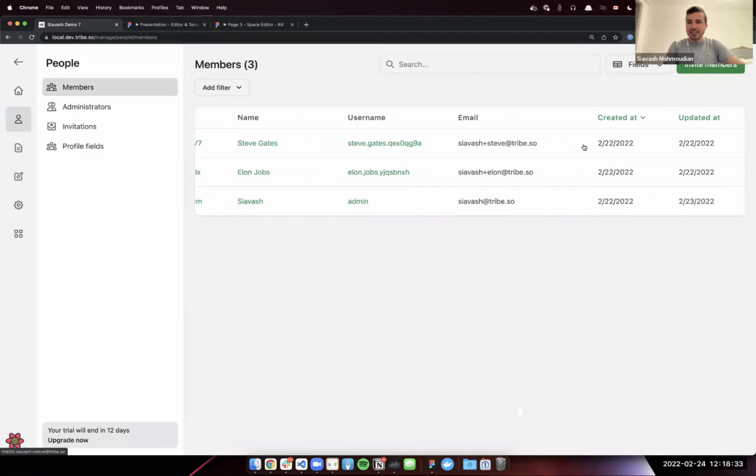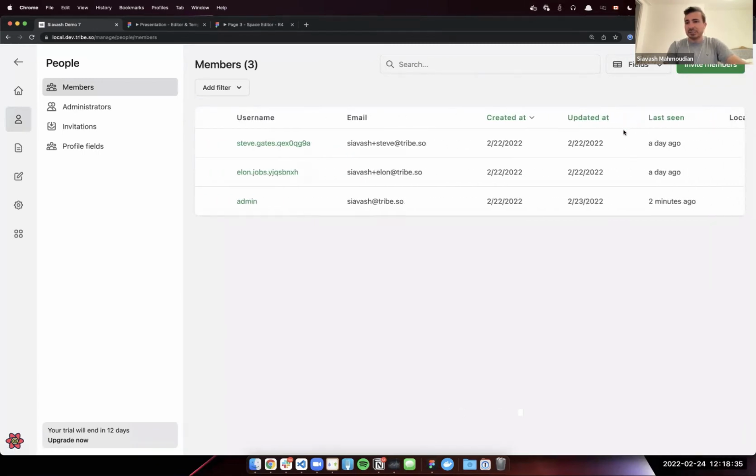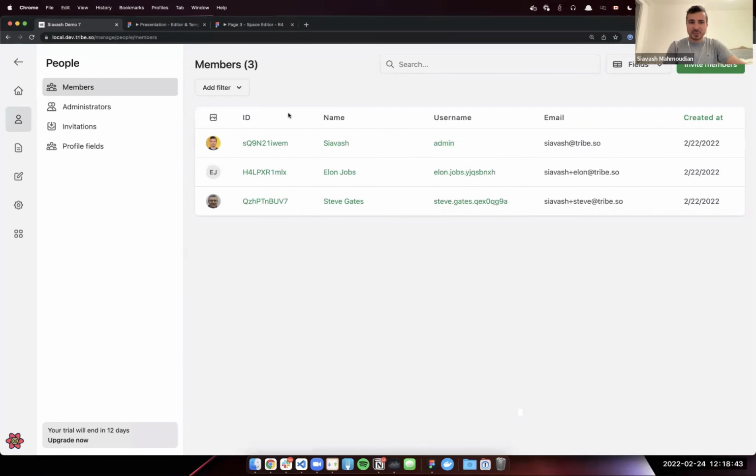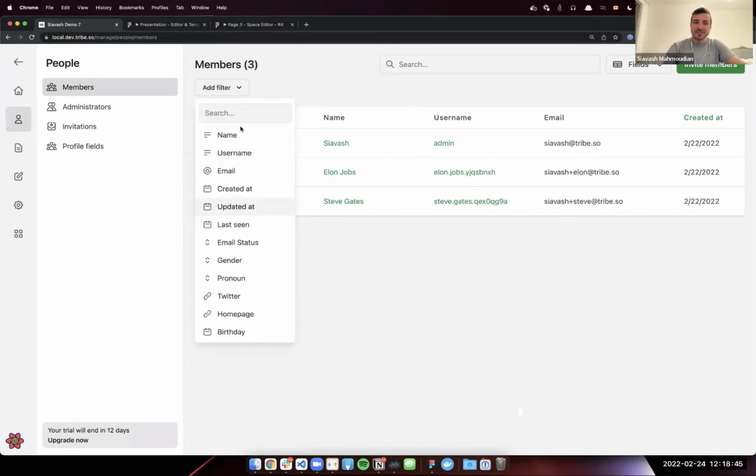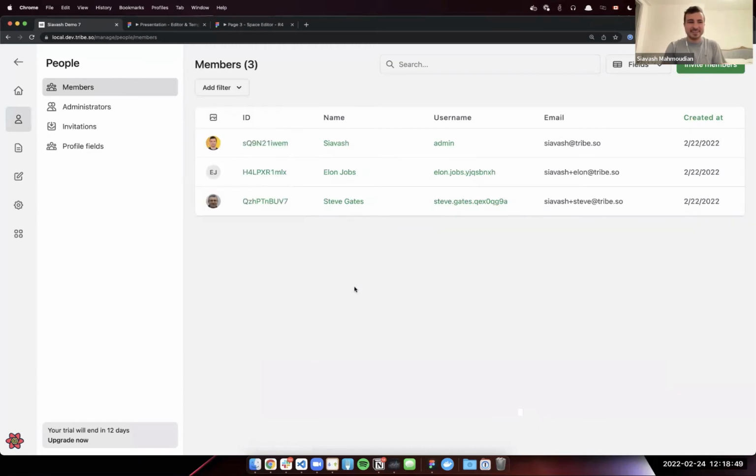And I can easily sort these. For instance, in this case, I want to see the ones that recently logged in to my community. So I can sort them by last seen right from here. Now, there are a ton of options when it comes to filtering, but I'm going to cover these when we actually talk about the profile fields.